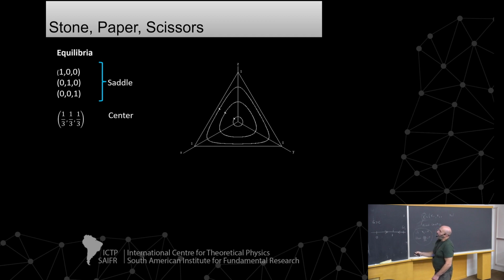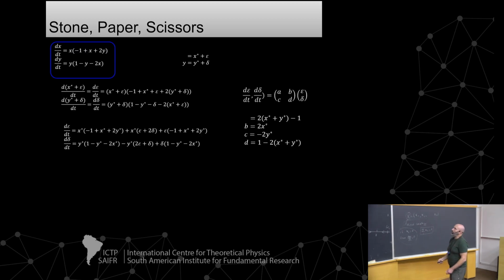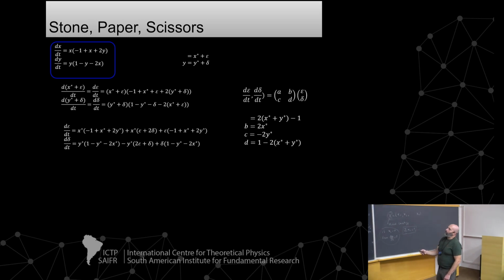So in this case, this is the Nash equilibria, but it is a center, so the orbits are around this point all the time. I can show you how to do that. These are the calculations. What I am doing is taking these 2 equations and making a linear stability analysis. And by doing this linear stability analysis, I can realize that